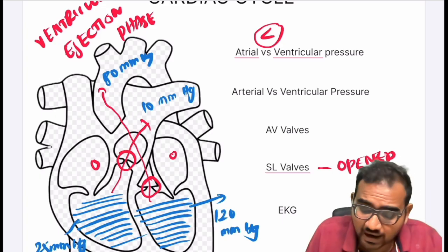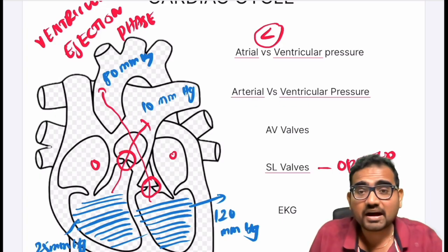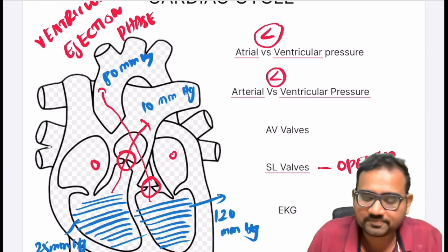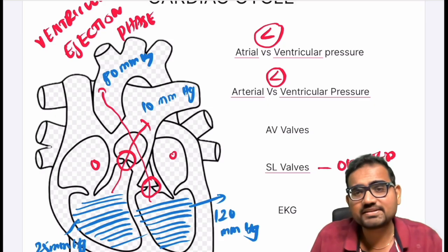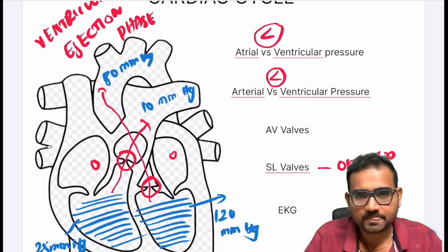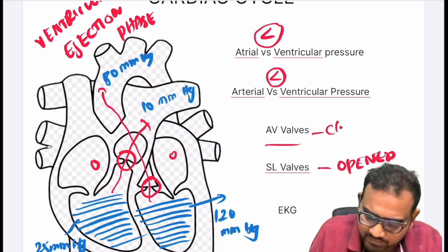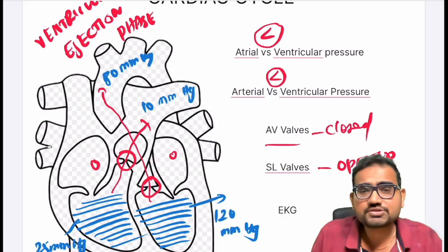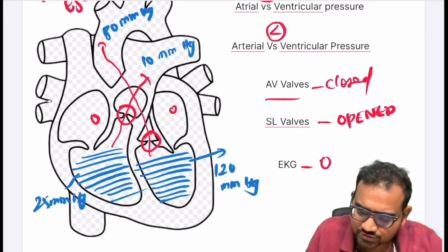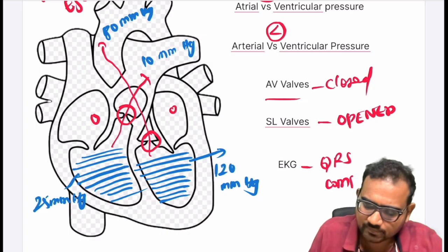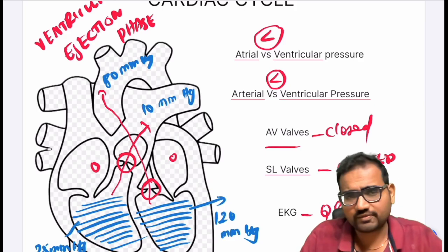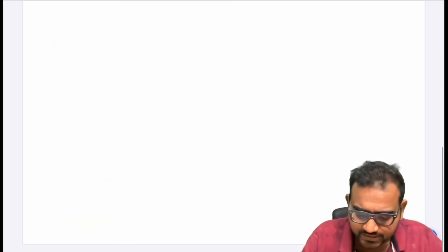What happens to the arterial and the ventricular pressure? Arterial pressure is less than the ventricular pressure. That is when the ventricles eject the blood from them to the arteries. And what happens to the AV valves? They remain closed, and the SL valves, that is the semilunar valves, open. That is why the blood enters into the pulmonary arteries and aortic arch, and you still see the QRS complex. This is the ventricular ejection phase. Very simple, right? Now, the last phase is the